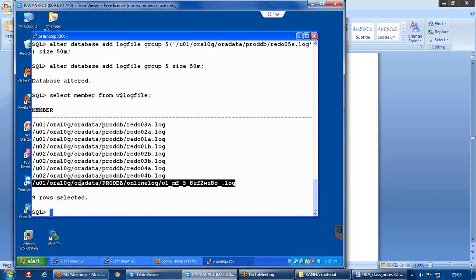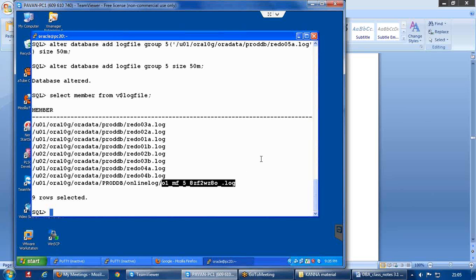You have given u01/ora10g/oradata. Under that, Oracle has created one directory by the name ProdDB, then again one more directory by the name online log, and under that it has taken a very long file name.